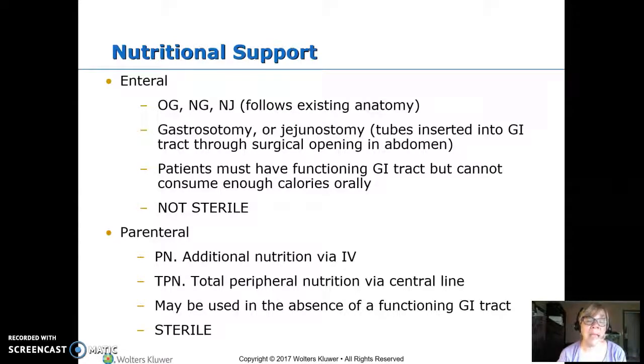Parenteral. This is PN or TPN, parenteral nutrition or total parenteral nutrition. This is sterile. Must be kept very sterile. They are at risk for sepsis. We have a central line in to give this because it's very hypertonic. So huge difference between the two. Don't treat them as if they're just similar. One is sterile, one